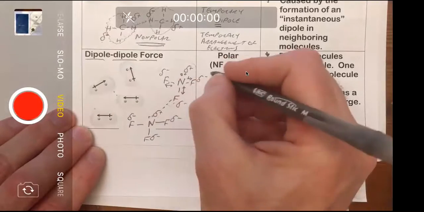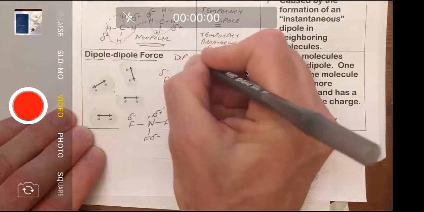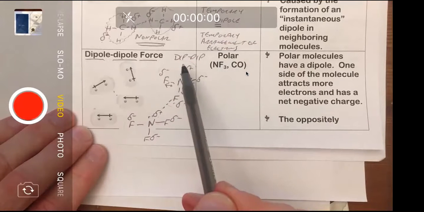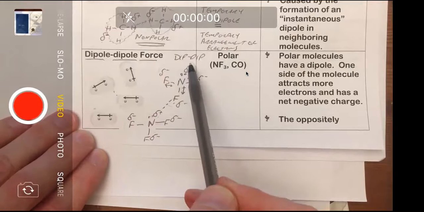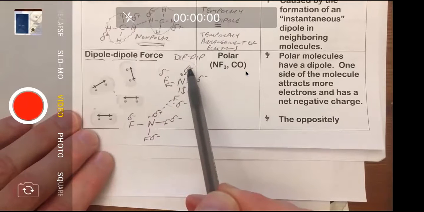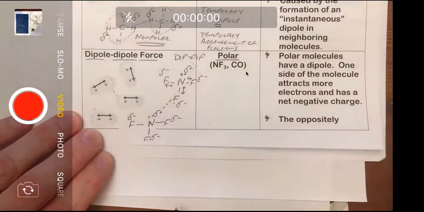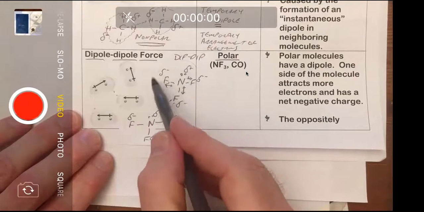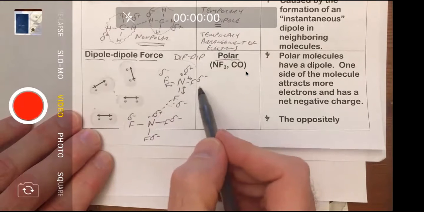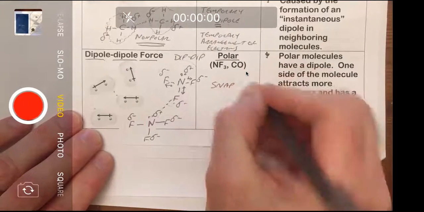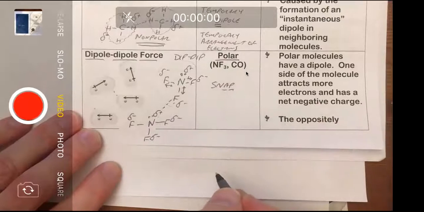I abbreviate it as dip-dip, just because that's a lot more fun to say. So we got LDFs, we got dip-dips. Dipole-dipole forces are going to be at play when you have a polar molecule. So if you go through the rigmarole of drawing the Lewis dot structure, of thinking about the electronegativities and determining, once you've used SNAP, if it is asymmetrical and it's a polar molecule,